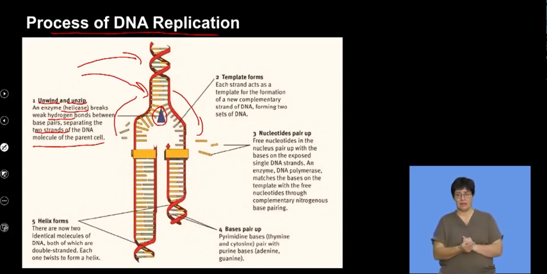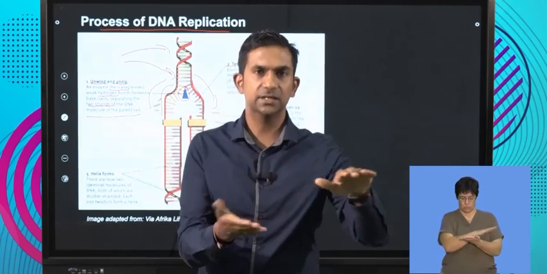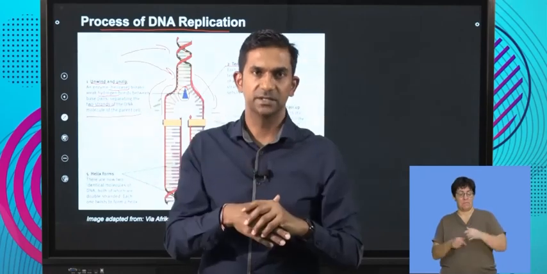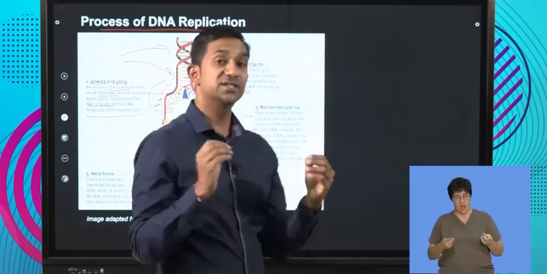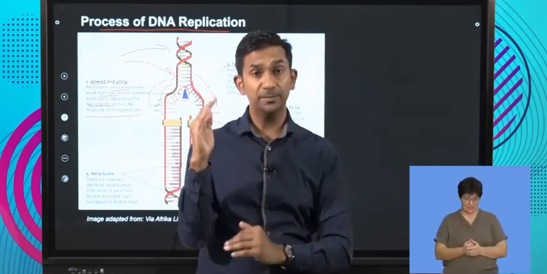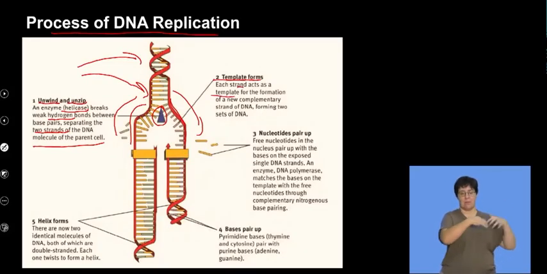What happens next is that these exposed strands that we see that have separated now act as a template. A template is essentially something we copy from. So if you take a worksheet to a photocopying machine, and if you place that over, the photocopy uses that as a template to make more copies. So we've got two templates that are now serving as a reference strand for us to copy new DNA or copy complementary DNA. So each strand acts as a template for the formation of new complementary DNA, forming a set